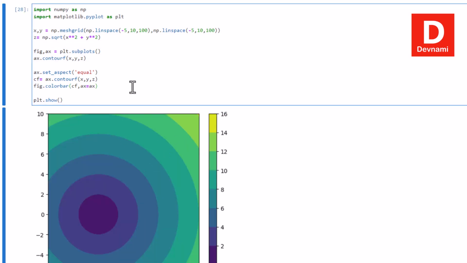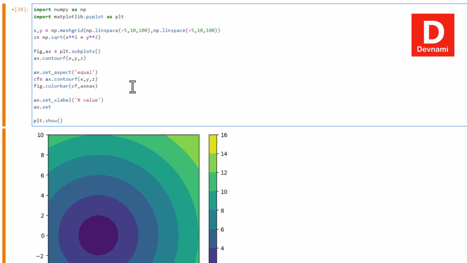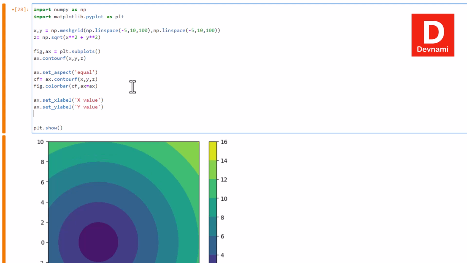Okay, now we can also add x and y labels. So for that we use set_xlabel, and here we can use the x value, right, and then set_ylabel, and then we set the y value, right, and within that we get these two values. Also we can set our contour map title with the title method, right? So contour map,